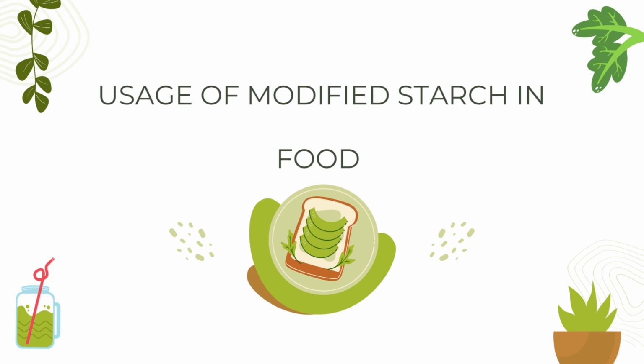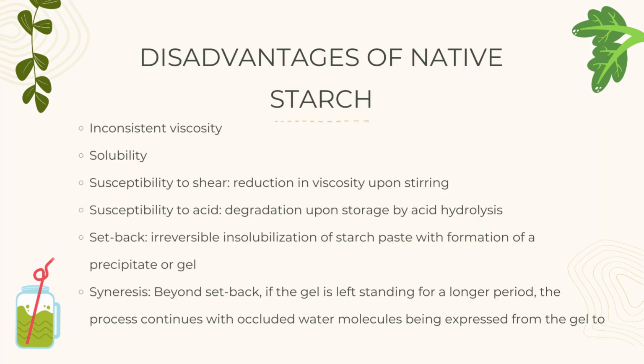Moving on to the next subtopic, usage of modified starch in food. Remember our previous lecture on starch. There are several disadvantages of native starch: inconsistent viscosity and solubility, susceptibility to shear, reduction in viscosity upon stirring, susceptibility to acid, degradation upon storage by acid hydrolysis, irreversible insolubilization of starch paste with formation of a precipitate or gel